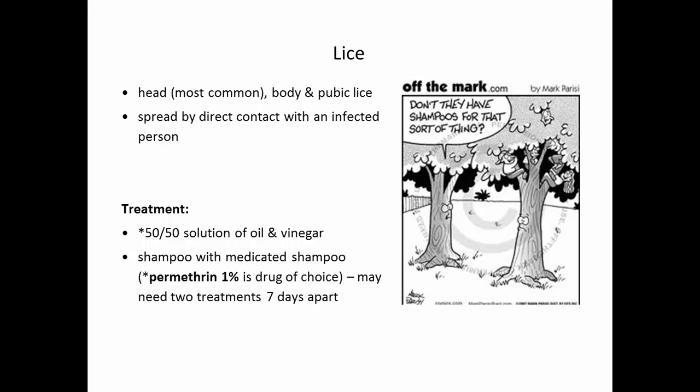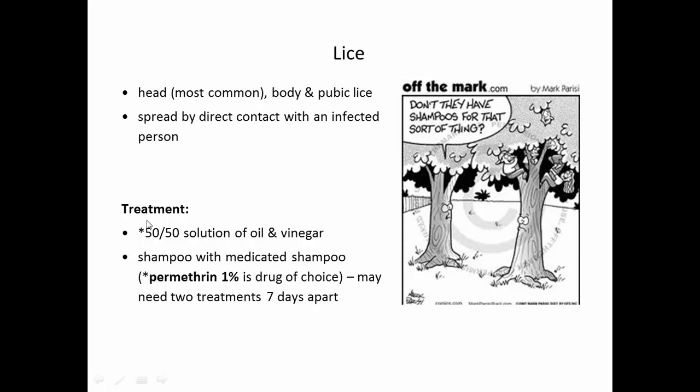What do you do with this? Well, there is a medicated shampoo. It contains permethrin at a 1% concentration. That's the drug of choice. You usually do one treatment, and then in another 7 days, you do a second treatment. There are an increasing number of lice infestations that seem to be resistant to this particular drug, so lice are adapting to this. Myself, I feel that a better treatment is a daily treatment of a 50-50 solution of oil